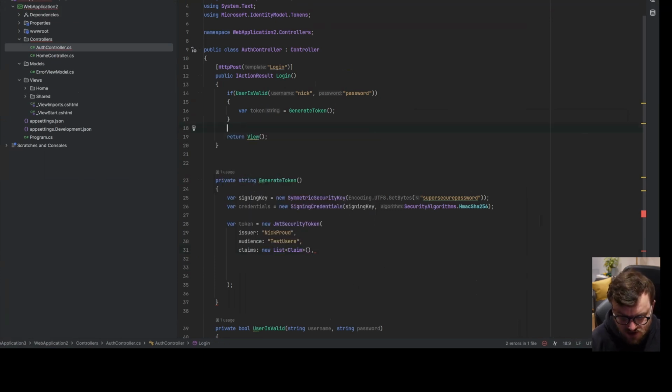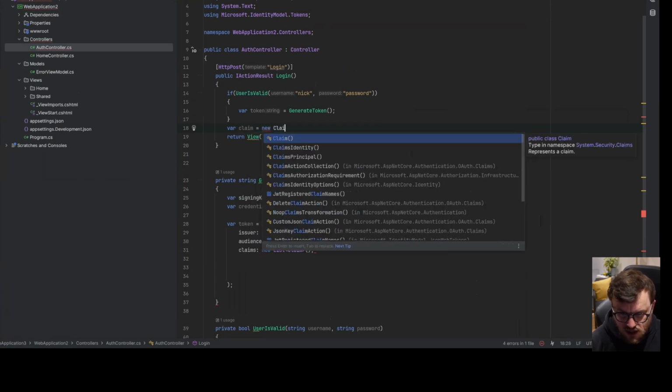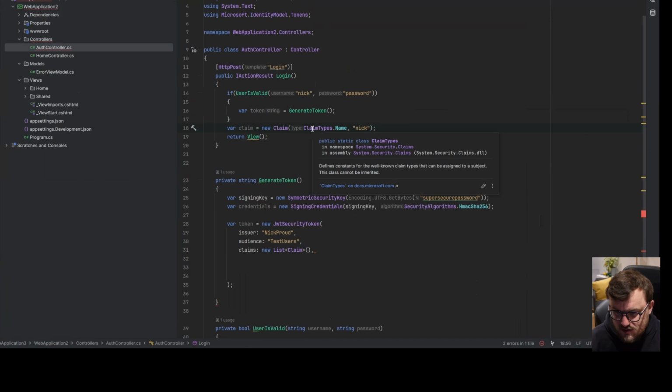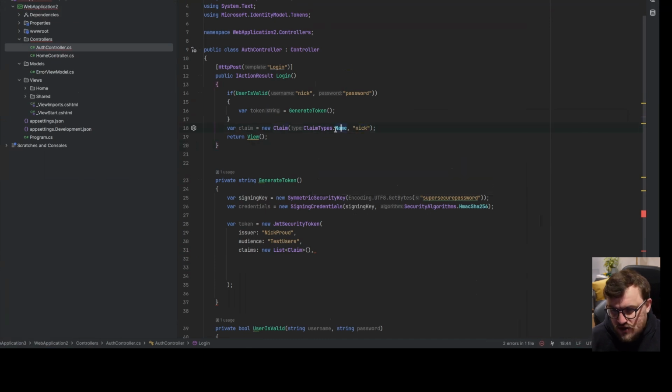If I was to show an example just up here in login, say I just wanted to create a new claim, I could say var claim equals new Claim, and then you can see Rider is giving us some IntelliSense here, some suggestions. So we can just say ClaimTypes.Name and then give it a value. So if you just gave the claim a type of, well, a name of something like API user, then you